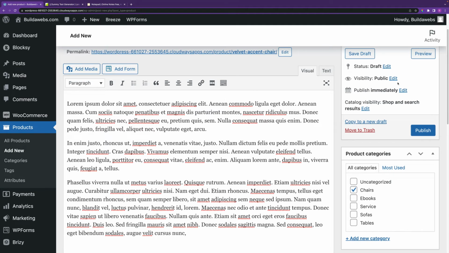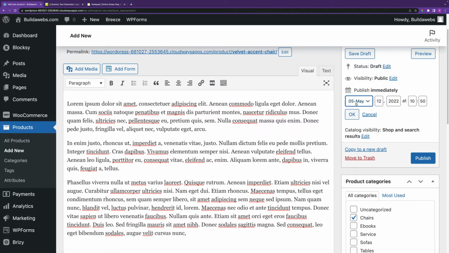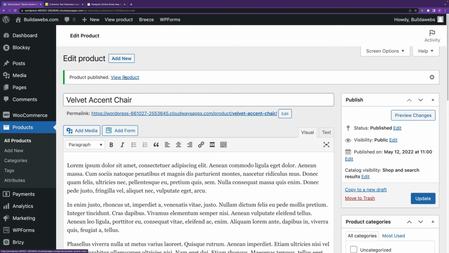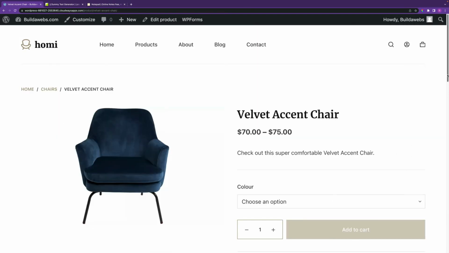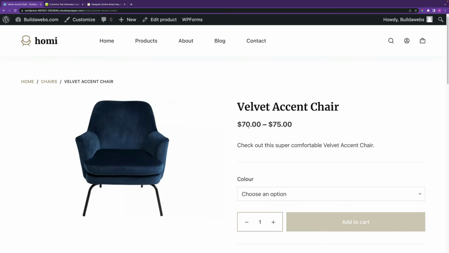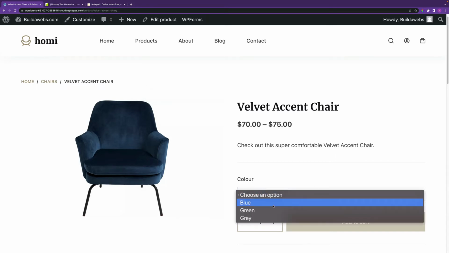So you can publish the product immediately by just clicking publish, or for example, you can click on edit and you can choose when you want to publish it, choose your date and time, click OK. We're just going to publish it immediately, so click on publish and then click view product. So there's the chair. And as you can see, it ranges between $70 and $75 because we set the green one. So if we choose blue,